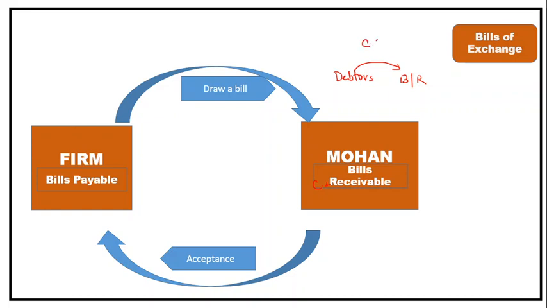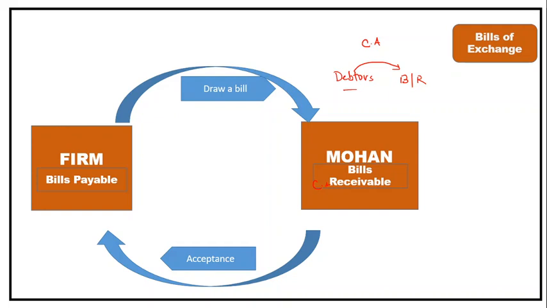Both are current assets. Why? As a debtor, Mohan was supposed to pay the money. Now instead of being a debtor, he is in the list of bills receivable, which means he has signed a legal bill which states that he is going to give this money on such and such date. So it becomes a legal bill. Now both are current assets only. In both cases, whether his name is in debtors or bills receivable, he is supposed to pay the money. This bills receivable gives a lot of benefit to the firm, and we are going to learn that in later chapters.